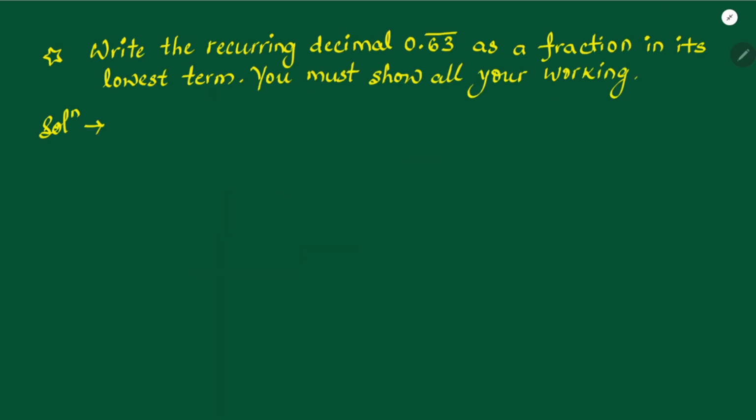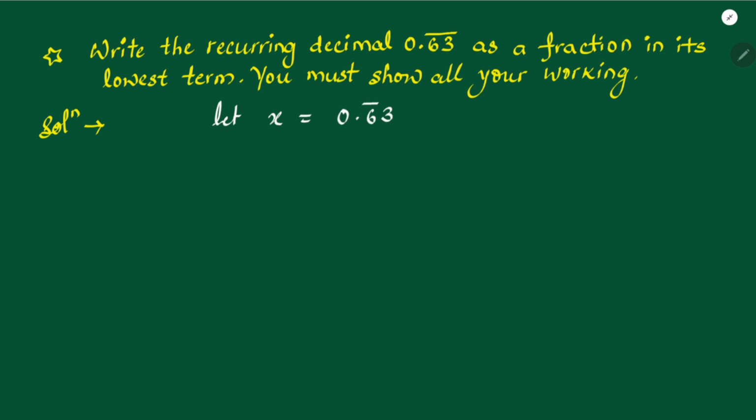Let's solve the next question. Write the recurring decimal 0.63 bar as a fraction in its lowest term. It means that you need to simplify the fraction as much as possible. You must show all your working. Okay, so let's try to solve this question. We know what to do. Let's assume that x is equal to